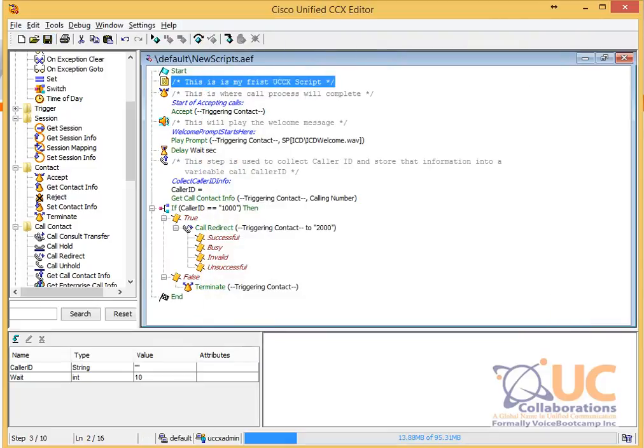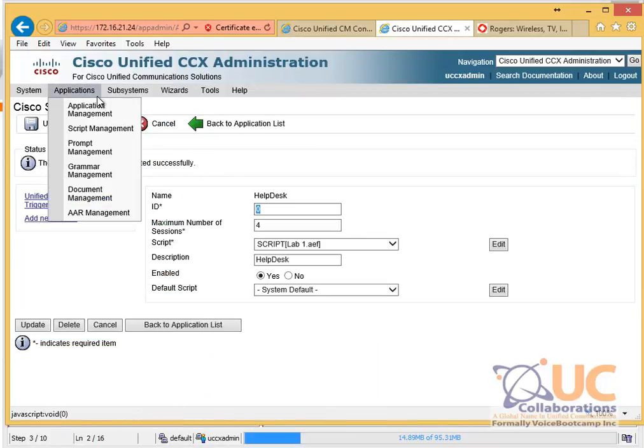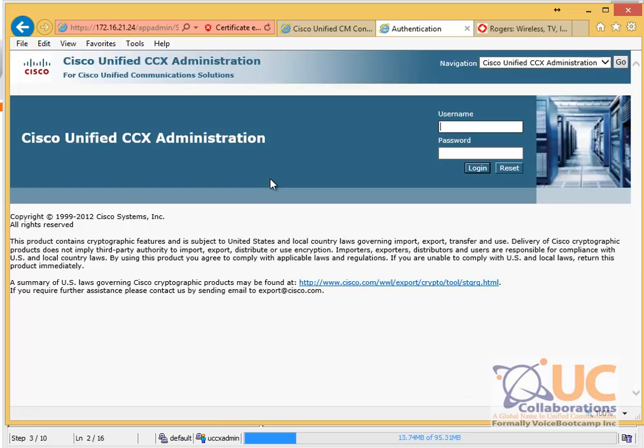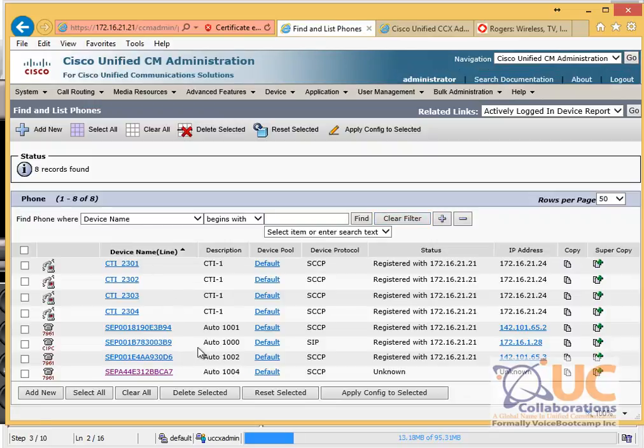Now that my script has been saved, I'm going to go to the script application. I may have to log in. As you can see, my script is there. I'm going to see if I can add a second phone. Just give me 1 second. Now I do have phones registered, but they're physical phones, so I will not be able to see them, but I can obviously